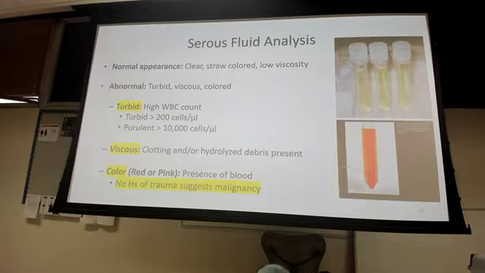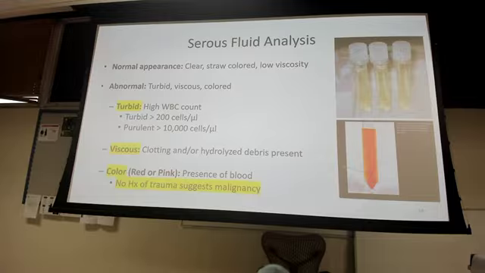All right, so this is what it looks like in the lab. When you give us those samples, we'll put it in these tubes here, and we will always look at the appearance first. So a normal appearance will be clear, straw-colored, and has a low viscosity. Abnormal would be that it's turbid, viscous, or colored. So in turbid, it's considered high white blood cell count. So turbid is anything that's greater than 200 cells per microliter, and anything that's purulent is greater than 10,000 cells